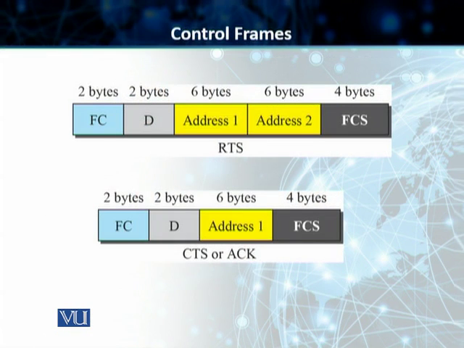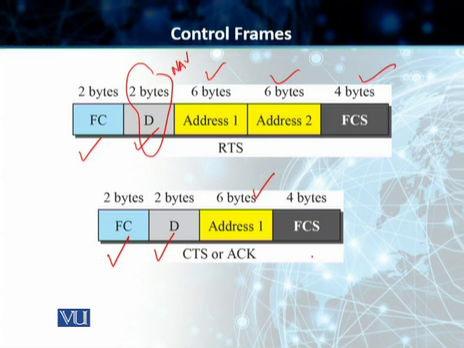Students, in the case of a control frame, as you can see on the slide, we have got an RTS frame. The first field, once again, is your FC field, which is 2 bytes. Then you've got a D field to set the network allocation vector for all the other impacted stations. Then you've got address fields, and then you've got the FCS. Students, the CTS and the acknowledgement frame look exactly the same. You've got an FC, once again you've got a D, then you've got an address, and then you've got the